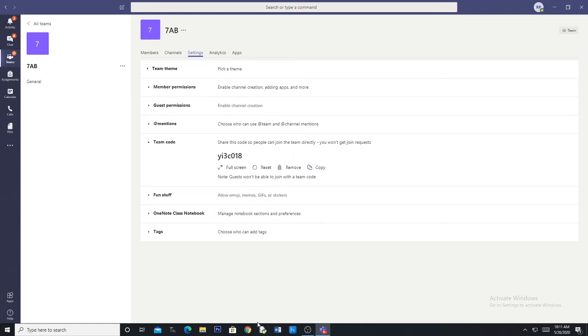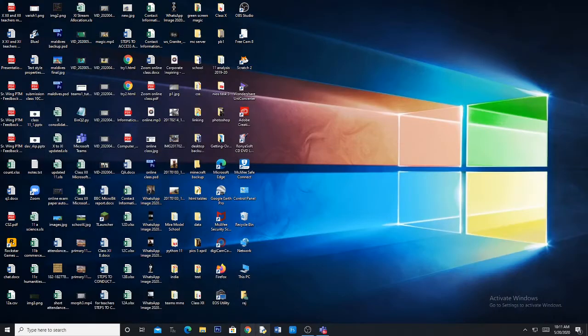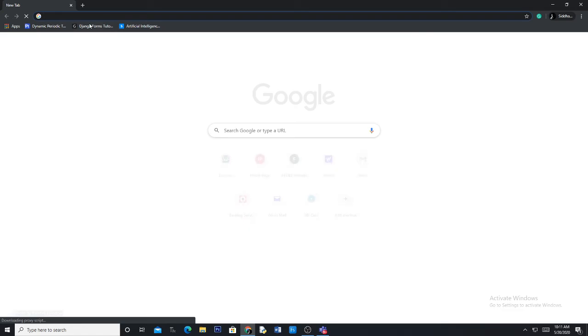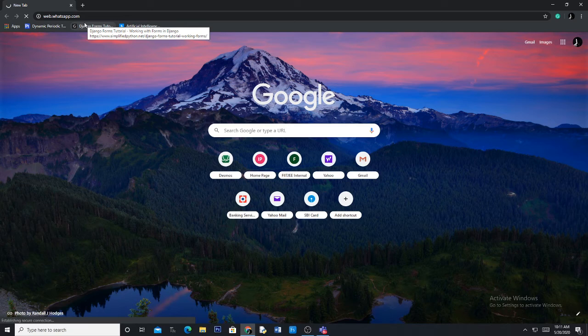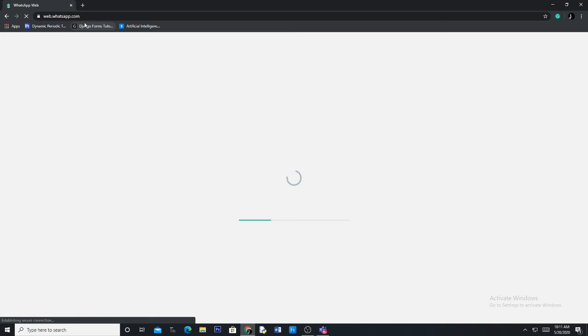Now what I do is I go to my WhatsApp. Okay, I go to my WhatsApp. Now in the WhatsApp, you can copy down the code and then send this code to the 7th A class WhatsApp group and the 7th B class WhatsApp group.